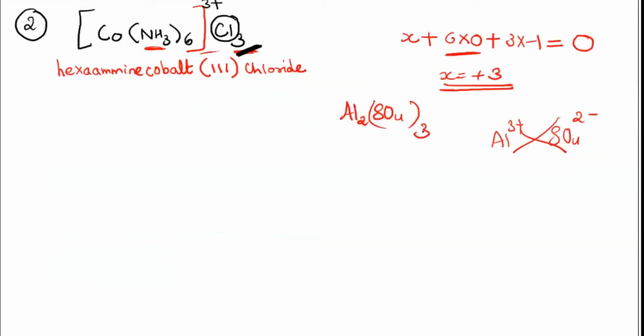Okay, like I gave you the example here, this aluminium sulfate case. We just write Al2(SO4)3 as aluminium sulfate. We don't mention this as dialuminium and trisulfate, because it is understood for us that whatever charge of aluminium is there, it is satisfied by the sulfate charge. So you don't mention anything about these numbers. Okay, that's what I said just now. If you find any number outside the sphere or next to the counter ion, you don't have to mention it. You don't have to write trichloride here. You will just write chloride. That's it. Followed?